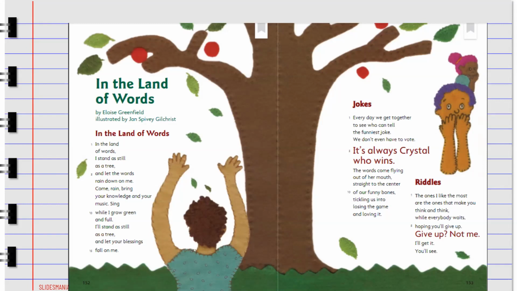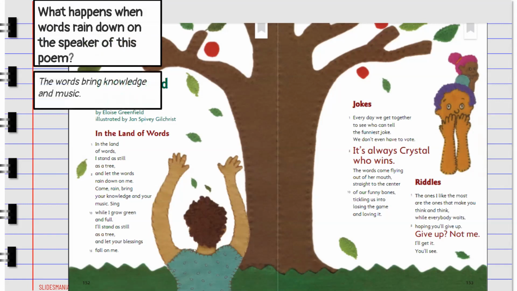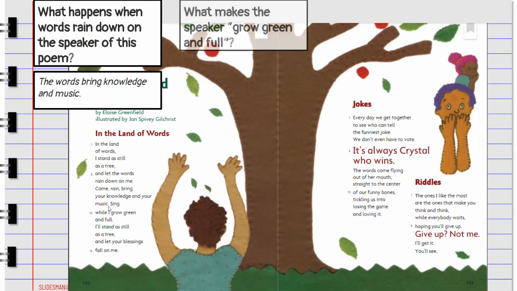So our first question says, what happens when the words rain down on the speaker of this poem? So he's saying that the words are like rain. What happens? The words bring him knowledge and music. That's right here, in the second stanza. All right. Our next question